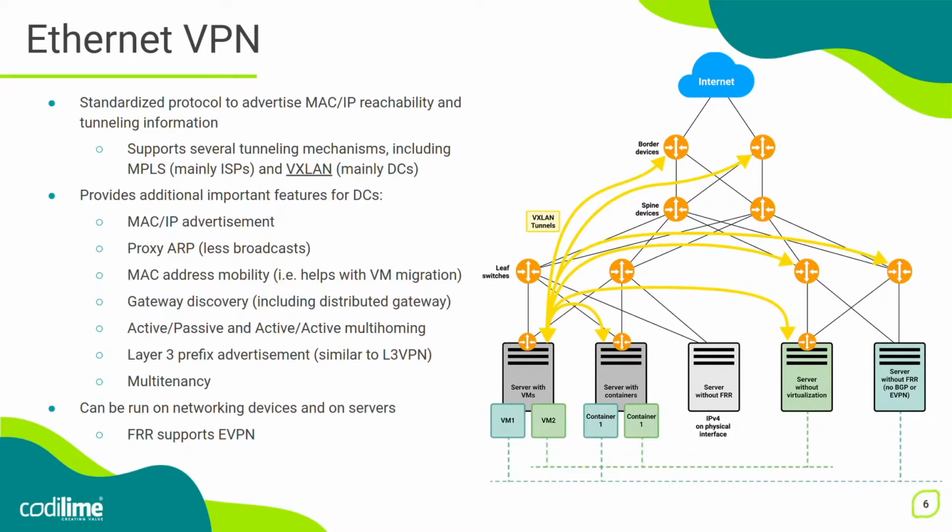There is also a layer 3 advertisement, just like in layer 3 VPN, but we are still using EVPN for layer 2 and layer 3, using different route types. For the layer 3 information exchange, for layer 3 routing, we use type 5 prefixes, and we can advertise a /24 prefix, for example, into a different segment, a different VRF, to have routing.